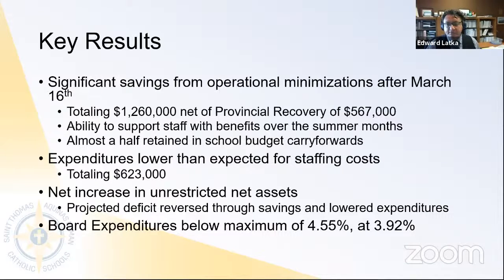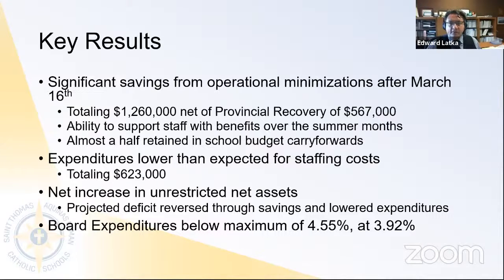Not only after the spring budget, but more significantly after the fall budget, when we had drawn down a lot of our surplus resources, whether they'd been previously allocated for a purpose or not, we revisited a number of our expenditures to reduce them to a minimum in order to support what we anticipated would be a significant reduction in services if we didn't do that, because our funding had changed so significantly. One of the other results is, as I said, we've got a net increase in unrestricted net assets. Previously, we had projected a deficit. Most of that deficit has now been reversed through savings in those lowered expenditures.